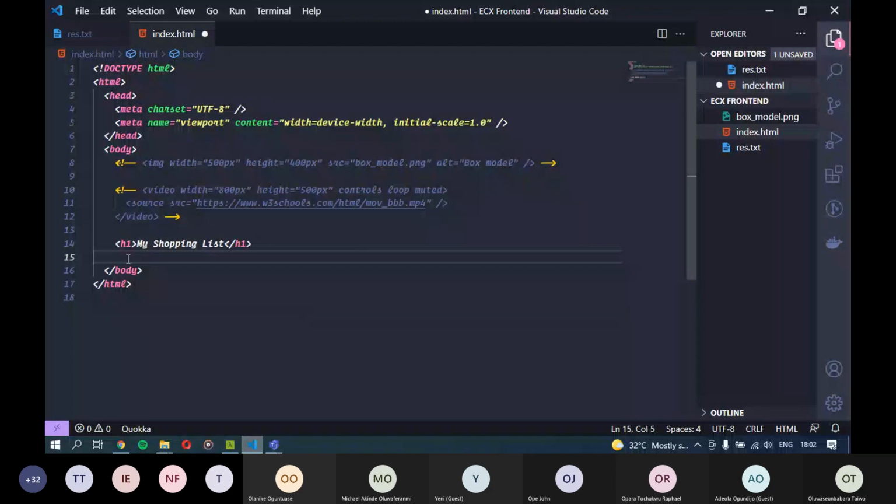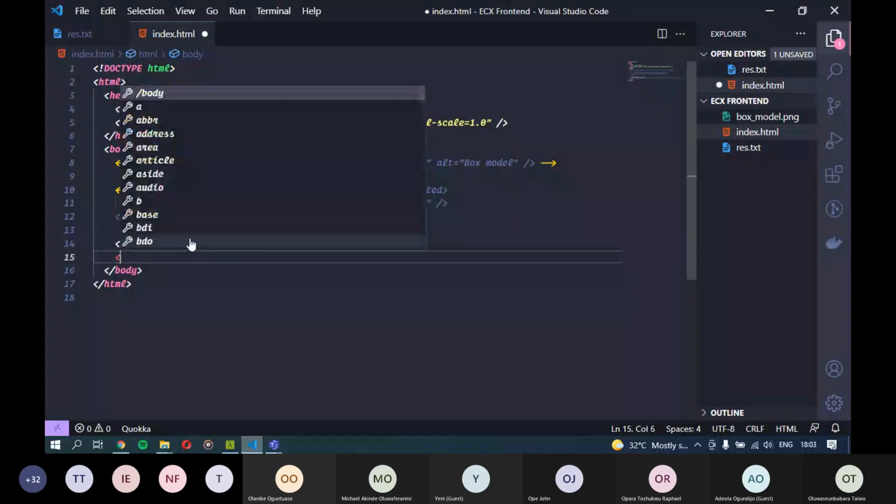When the browser parses your HTML, by default, I told you that there are some styles that are applied to elements by default. So if you have an unordered list, HTML is going to give it a bullet styling. If you list 5 things, all of them are going to be bulleted, the way I'm sure most of us would have known about bullets in Microsoft Word and other document packages. But if you use an ordered list, that's when you want it to have numbers. So it will have 1, 2, 3, 4, and so on.